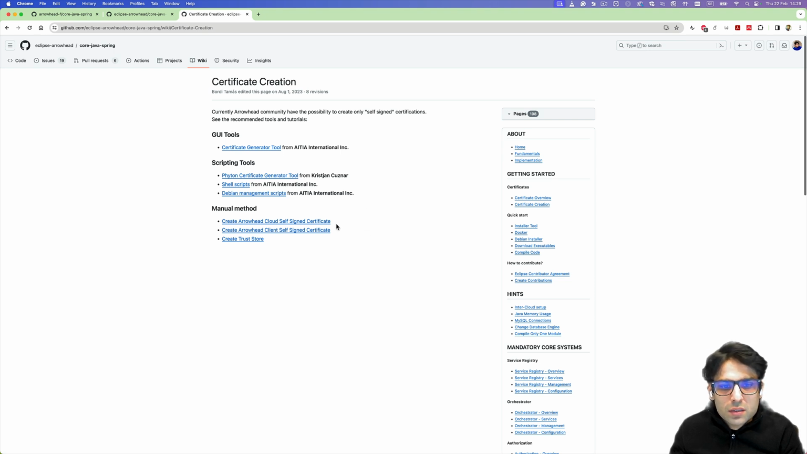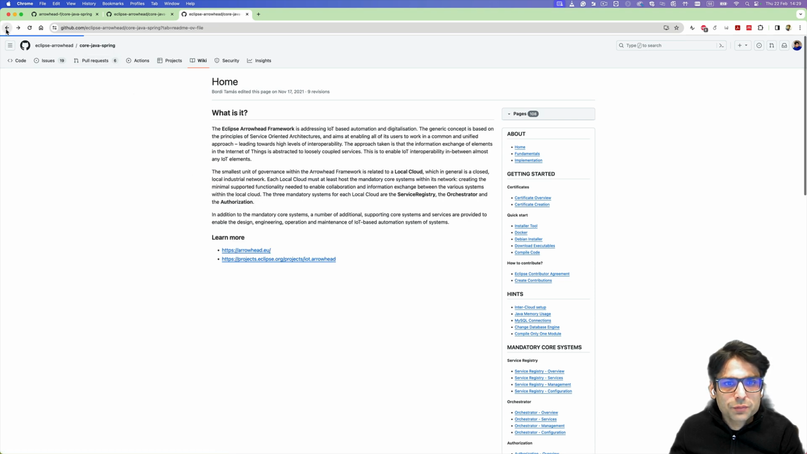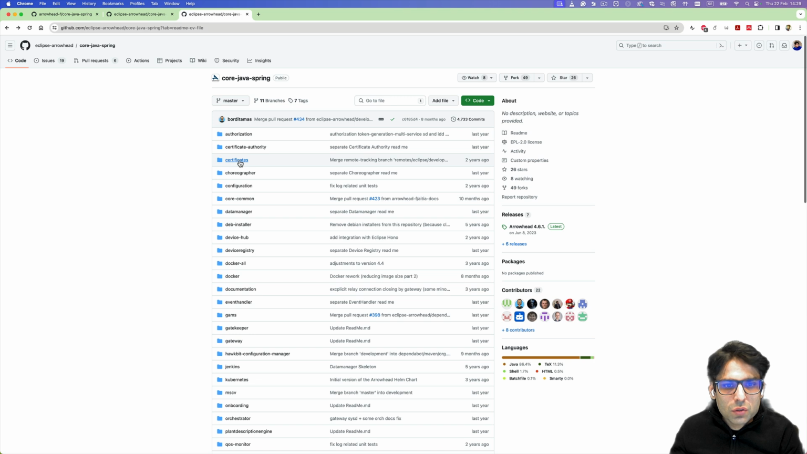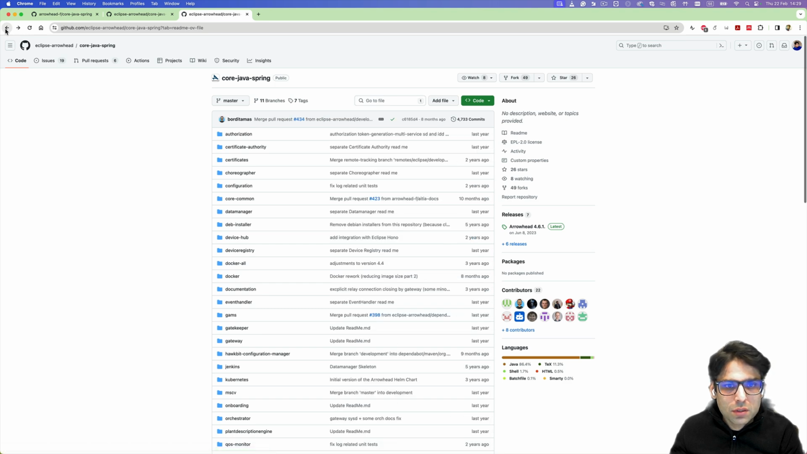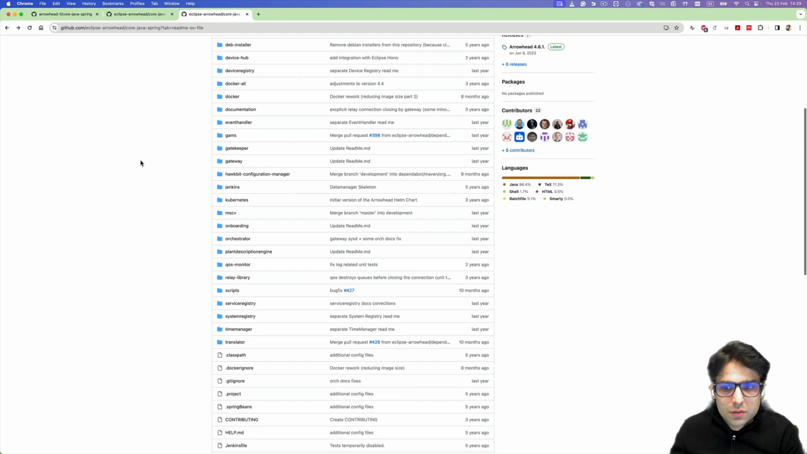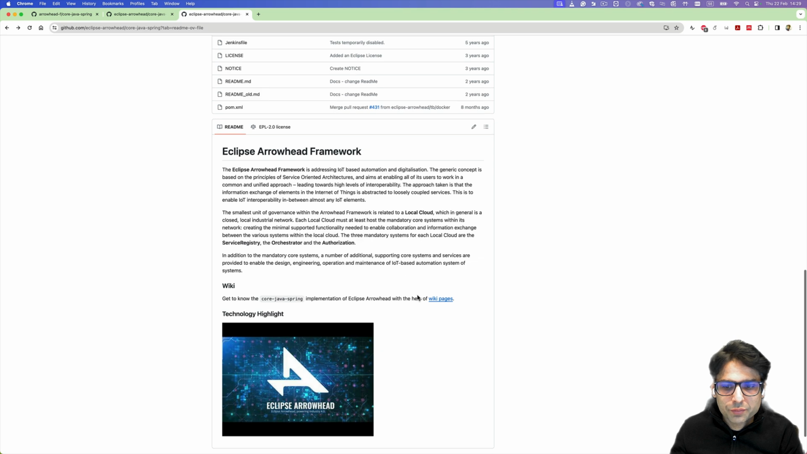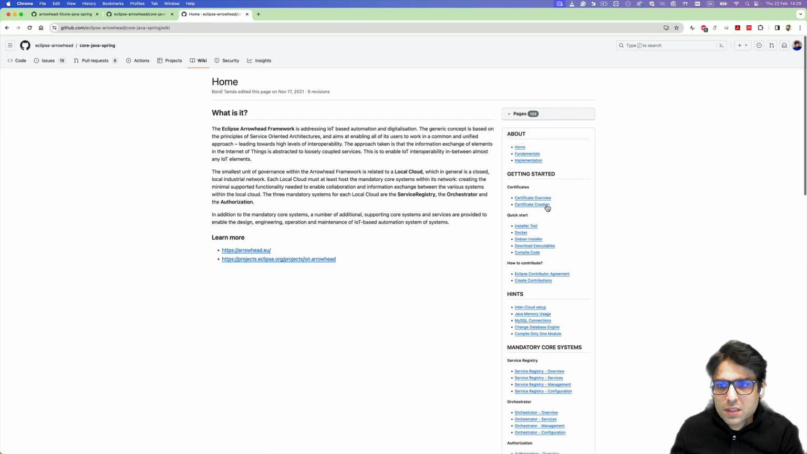well. So to generate, first we need to generate the cloud certificate from the master certificate. For the master certificate, if we go back and go to the certificates folder, here we can download the master.p12 certificate, which will be used to generate any cloud certificate used by the Arrowhead framework. Then we go back again to wiki pages